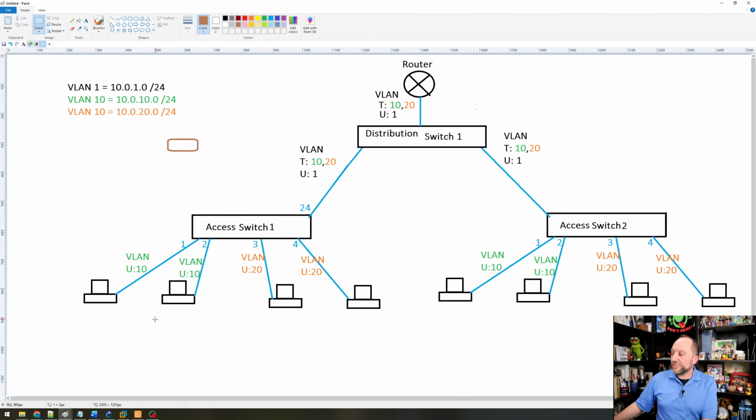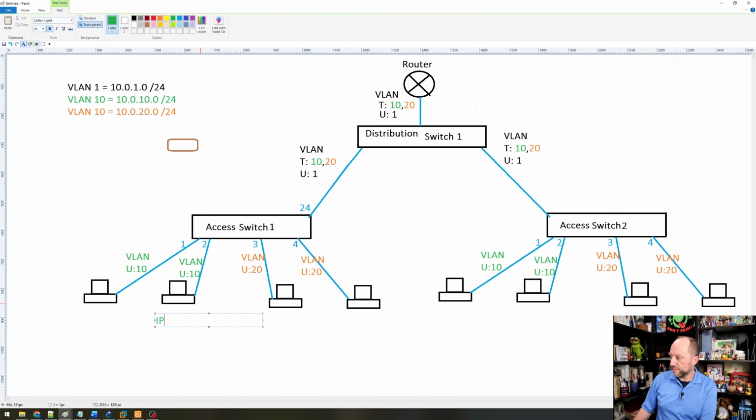If this computer here, let me give these things some IPs and a gateway. Okay, here we go. Let's say this computer is 10.0.10.100/24 and a gateway of 10.0.10.1. And let's say the computer plugged in just next to it over there on port 3 has a different address in that different network. We'll say it's 10.0.20.100/24. First 3 octets are different, so different network. And its gateway is